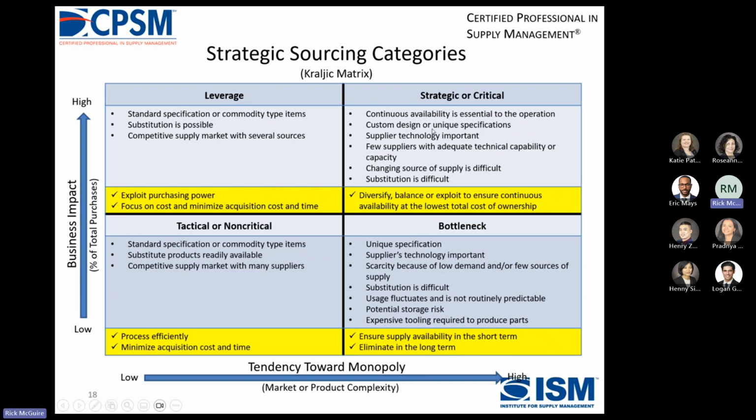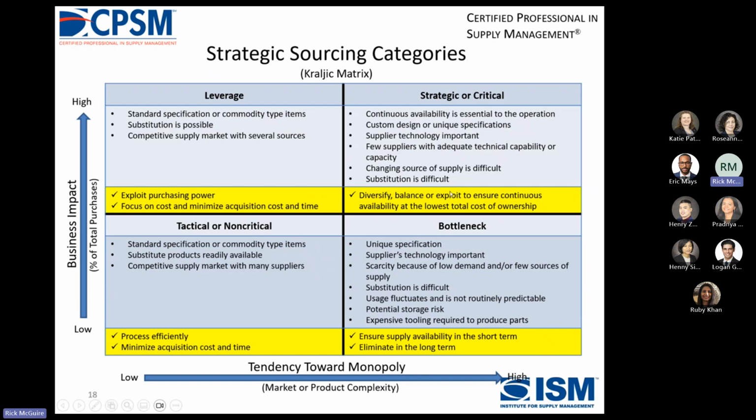Then over here at the strategic or critical, these are the high spend guys that are, only a few companies in the industry. This is Cummins, transmissions, most of our powertrain parts, axles. They're expensive, and there's not a lot of players in the industry. So diversify, balance, exploit, ensure continuous availability at the lowest total cost of ownership. And then bottleneck,